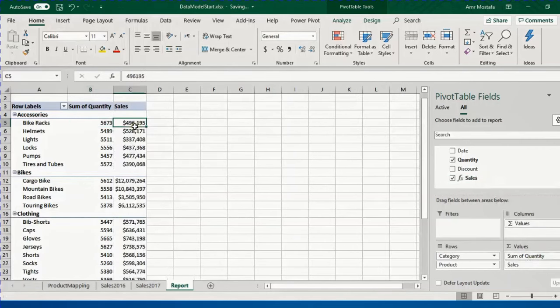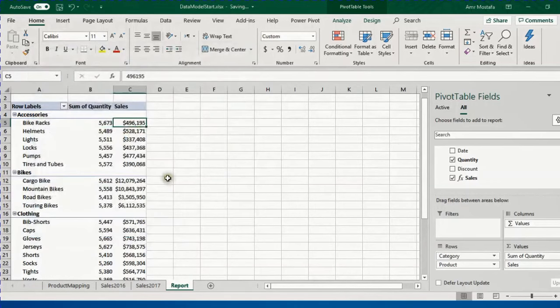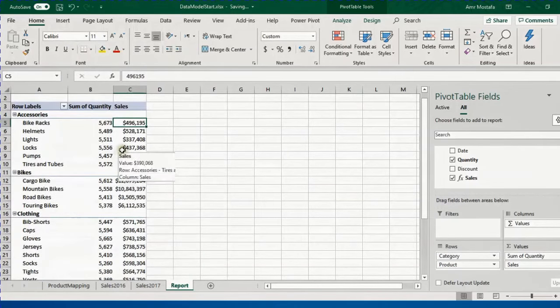And look at this, the formatting is already done. This one has no formatting because it's not an explicit measure, so it comes without formatting. But let's do some formatting here, number formatting. Here we go. And not only this, we can also do some more complicated calculations inside this